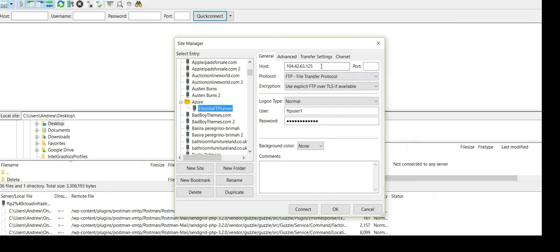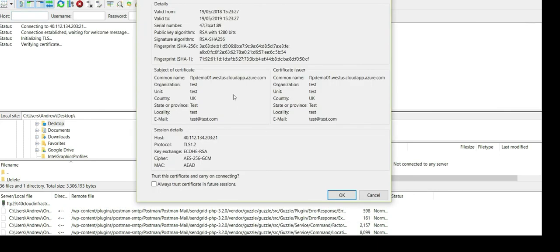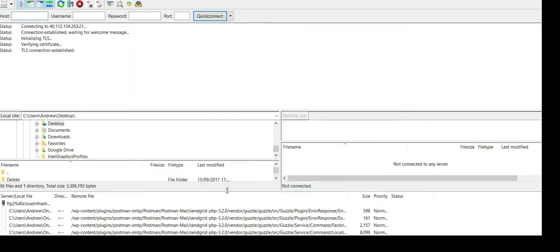And then paste that in there. We're going to do use explicit FTP over TLS. FTP user 1. Put in the password. Click connect. Initializing. This is the self-signed certificate that we created. Click OK.